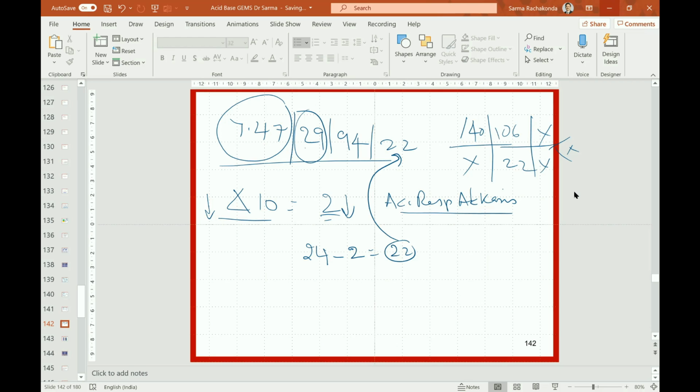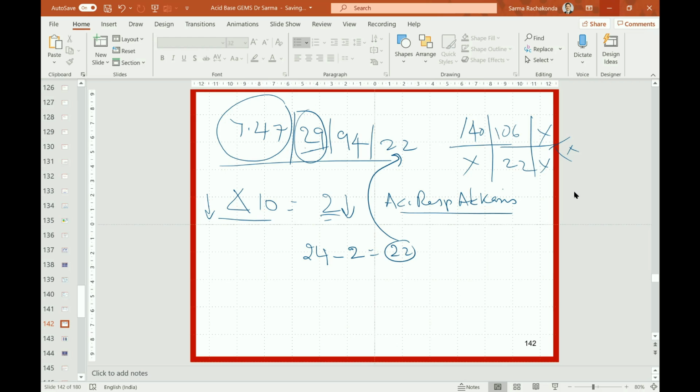Then immediately the conditions that give you acute respiratory alkalosis should flash in your mind. I have already told you those conditions. For example, hyperventilation, salicylates. Salicylates will have mixed, of course. And then the anxiety disorder, thyrotoxicosis, and high altitude. Okay. So these are certain conditions where there is a carbon dioxide washout. That is why the carbon dioxide is lower and the pH has shifted up.